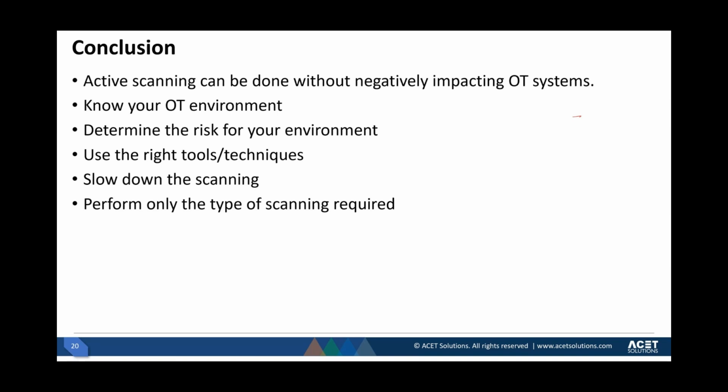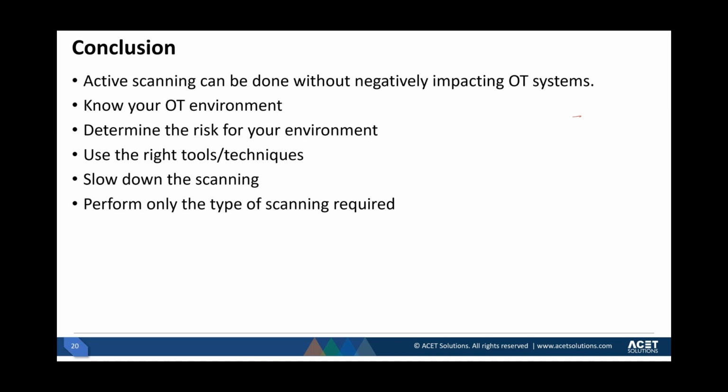How frequently should we do scanning? Any standard guidelines? You can scan every day, every night. If you do it for fun like me, I would like to do it all the time. But you should do it only when it is actually required. That's what I say in my slide as well, that you perform only the type of scanning required, when it's required.